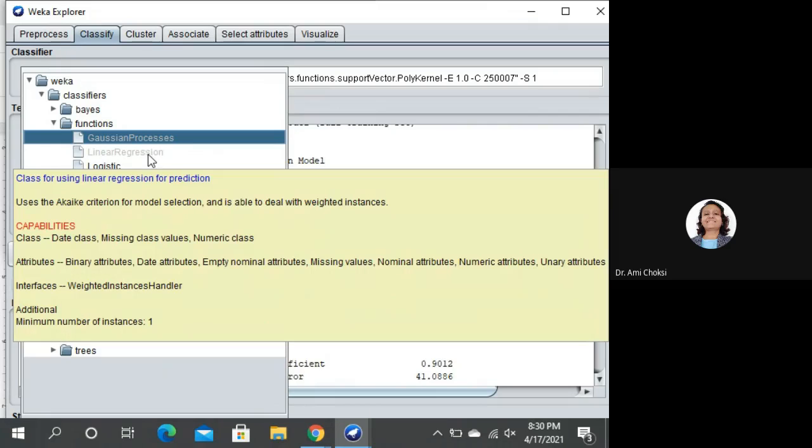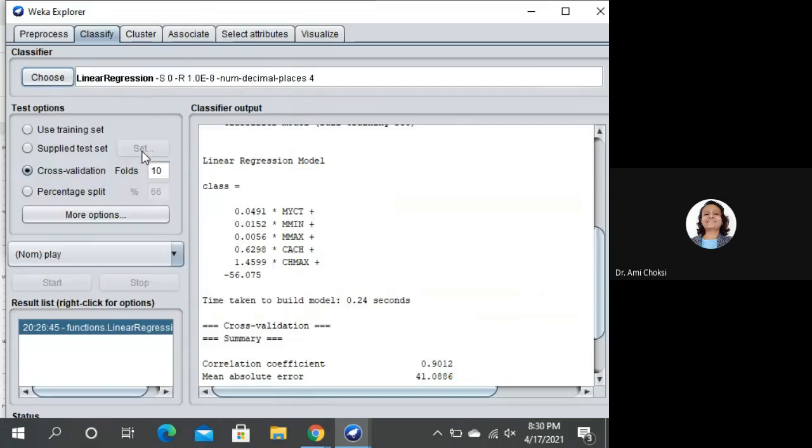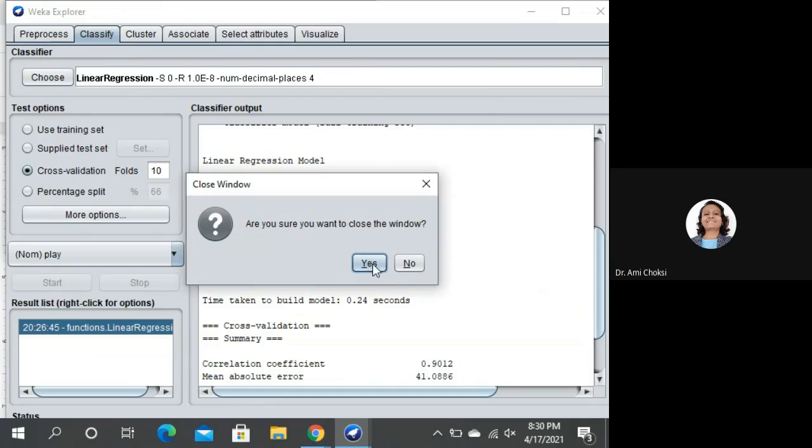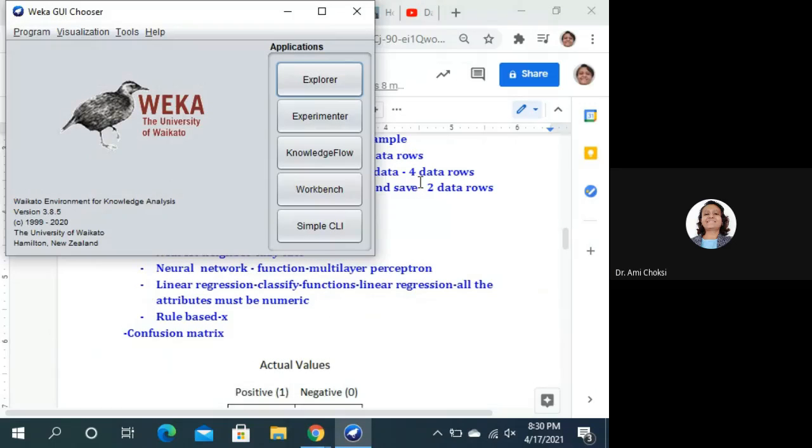So it will not allow you. If you select this, you will be able to see linear regression, but will not be able to have the start button active. So always keep that in your mind: when you want to apply linear regression, all the attributes must be of type numeric, right? So that is the linear regression.